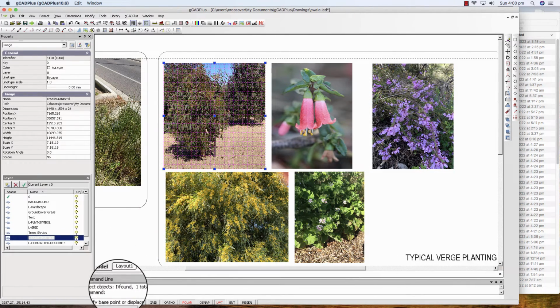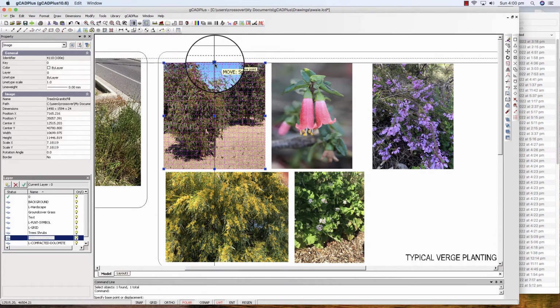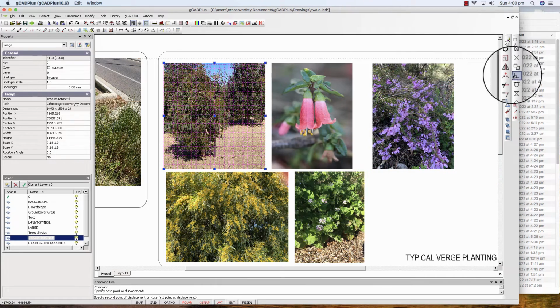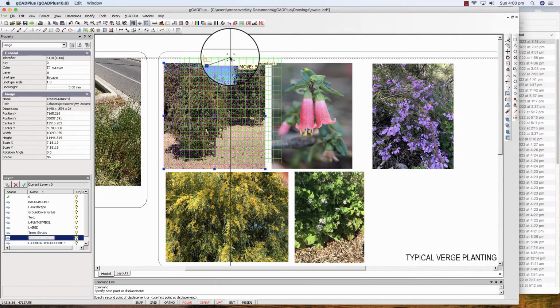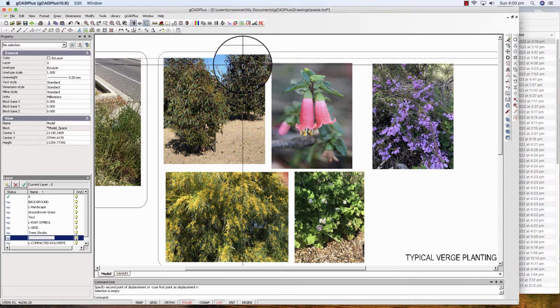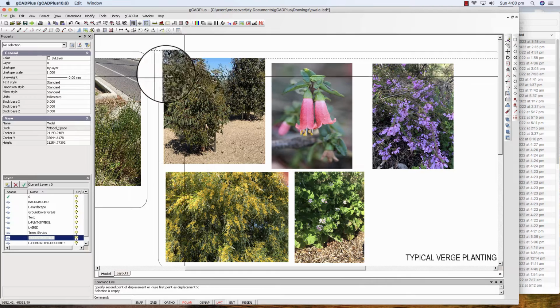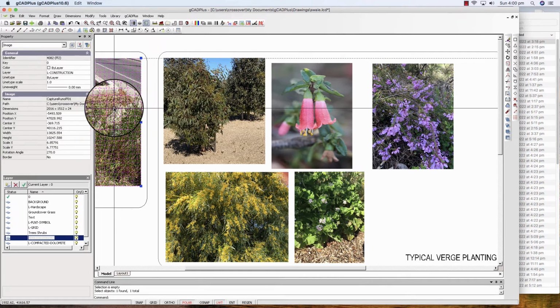We are asked to specify the base point, so I'm going to indicate that handle there, and then I'll come across to perpendicular to that construction line. Now when I escape from there, that image lines up perfectly with the construction line